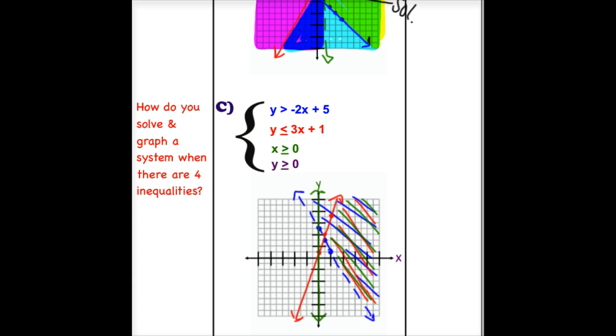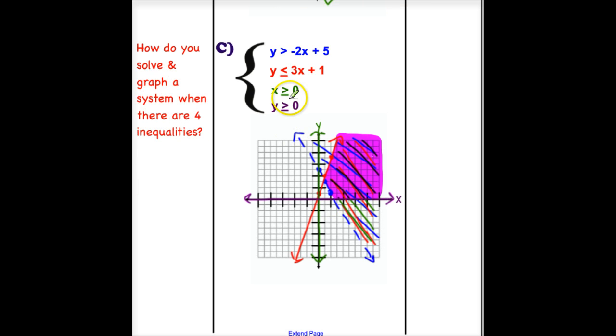And then we finally have y is greater than or equal to 0, which actually ends up being our x-axis. It is a solid line once again. And now I'm going to get out the highlighter, and as you can see, it is going to be in this region here where all of the lines end up intersecting. The most challenging part is probably going to be to see through all of your shading, so please make sure that you are cautious when you are shading so that way you can get the right